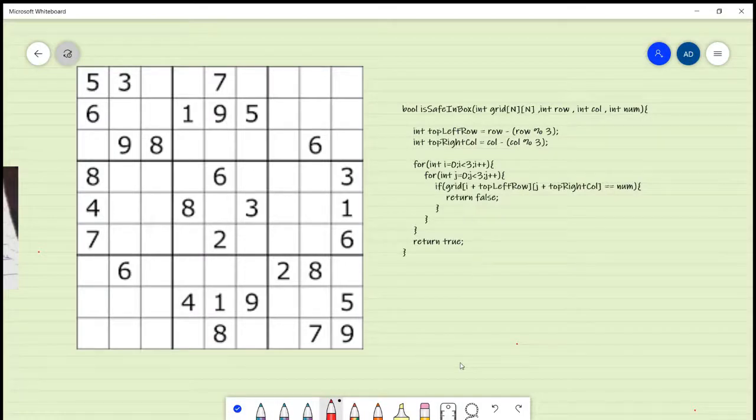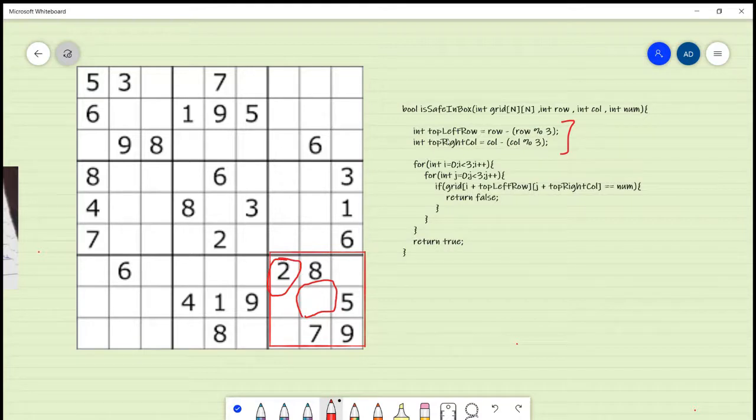Let us see what is safe box means. In this function we are making two variables, top left row and top left column. Let me explain: if we are filling this position, then we find our box, and these two variables are basically the starting point of the box.